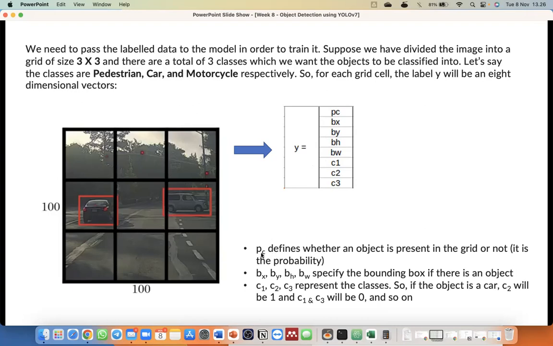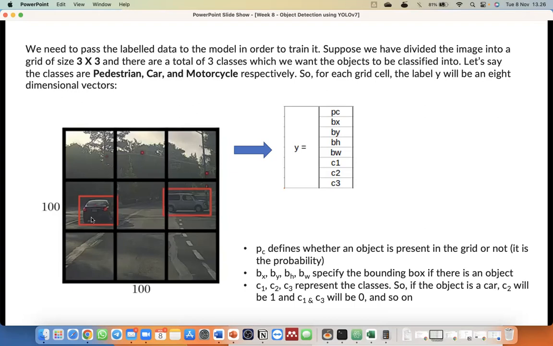We start from the PC. PC defines whether an object is present in the grid or not. It is a probability, so the PC will be 1 or 0. 1 means we have an object, right? The first thing that we need to do in an object detection algorithm is give the bounding box first. To give the label in our image, we need to give the bounding box.